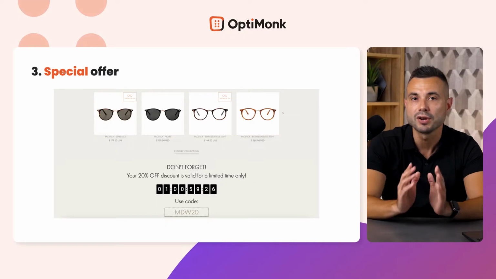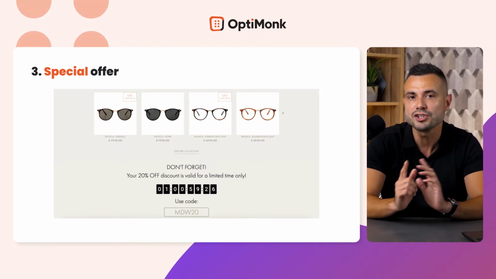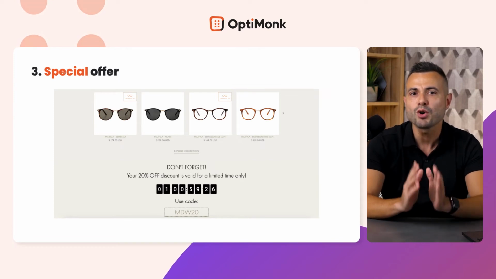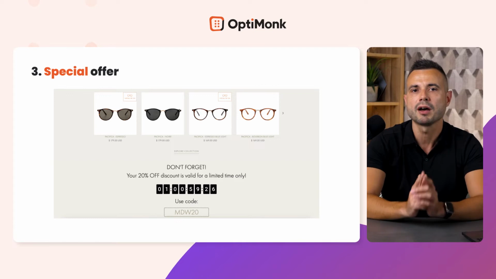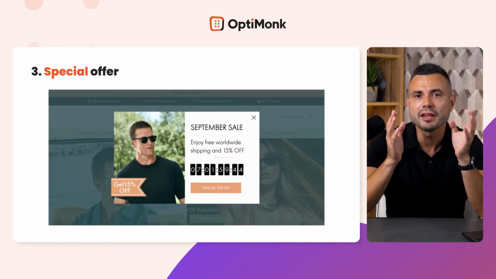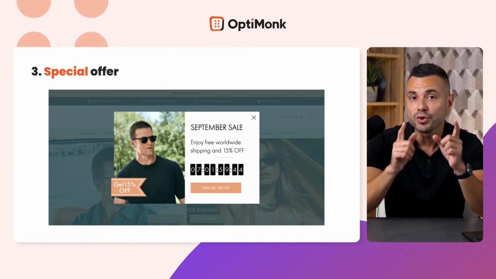The next strategy is to personalize special offers on your website so that they don't look generic. This will increase their efficiency. For example, giving your special offer a deadline and inserting a countdown, not just a fake one but a real one, and providing dynamic discount codes can as much as double the efficiency of an offer. Or just simply inserting the name of the current month so the offer feels more special will increase conversion rates